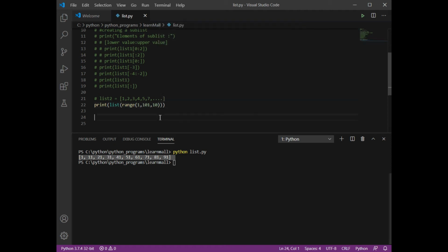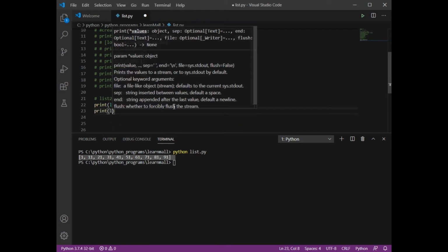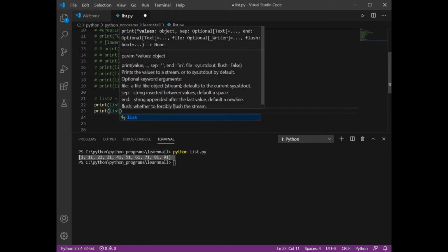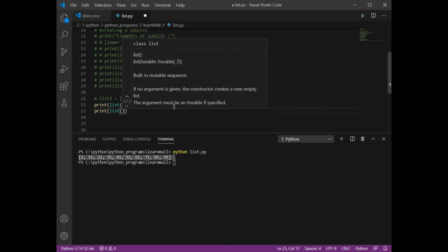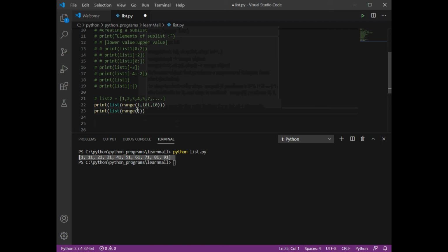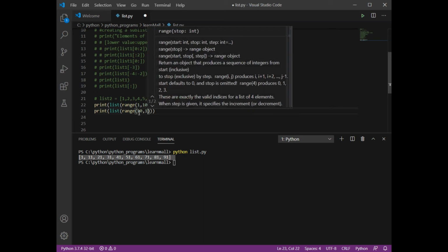Now suppose I want to display the numbers in reverse order. Okay, so how can I do that? First of all, understand, I want to display the numbers like 10, 9, 8, 7. I want to display like that. So I can use the range function, but it would behave differently. I want my range to start from 10 and move till 1.